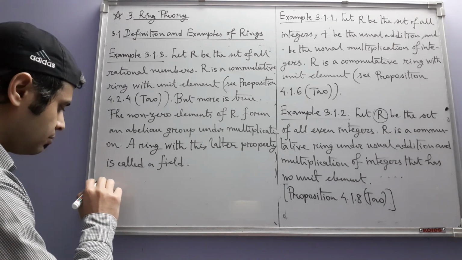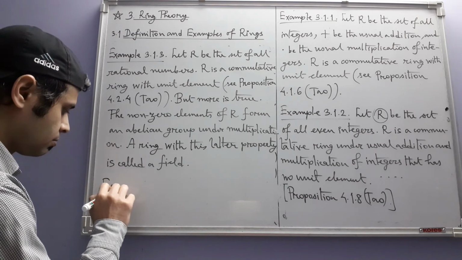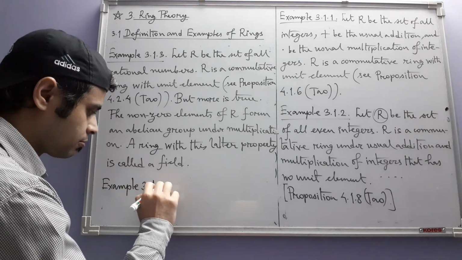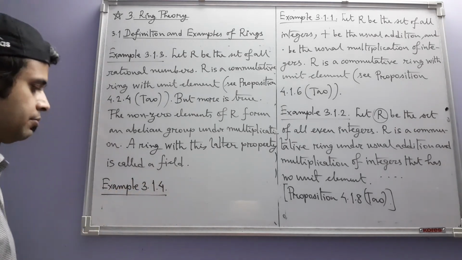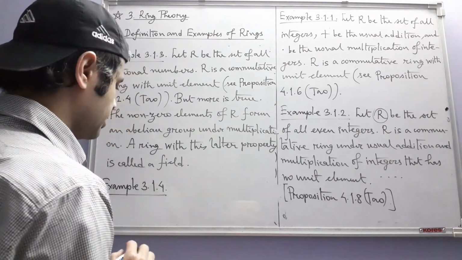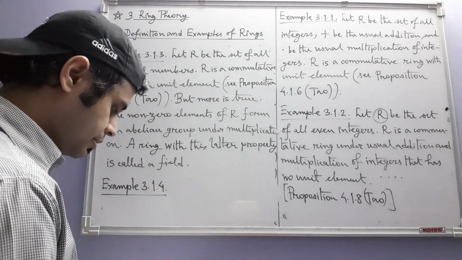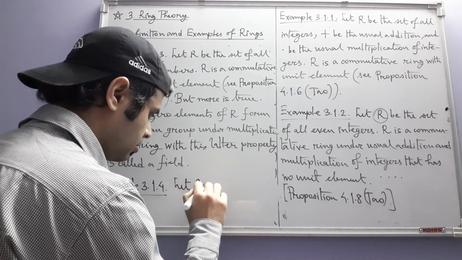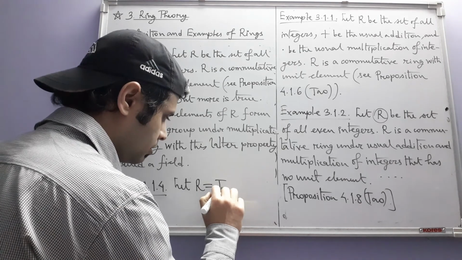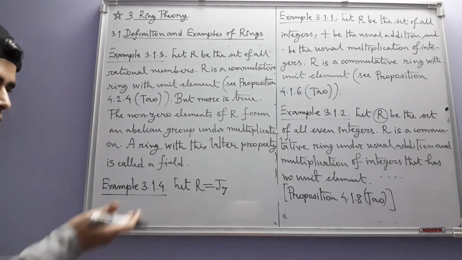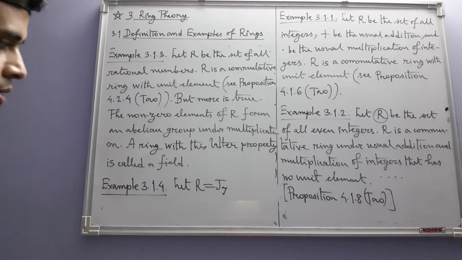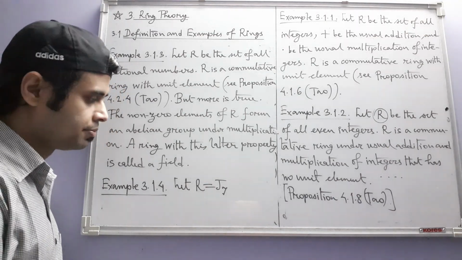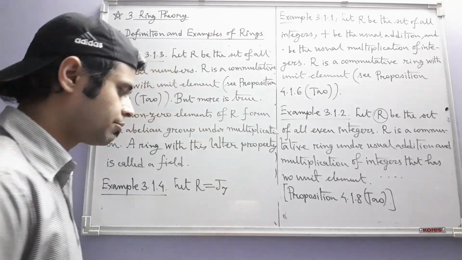Then we come to the fourth example. Okay, this one is, I think, 7, right? Yes. Let R be J7. We already know what J7 is, right? It is the set of integers modulo 7. So it is the collection of all or the